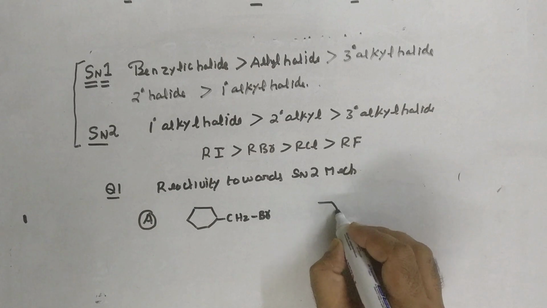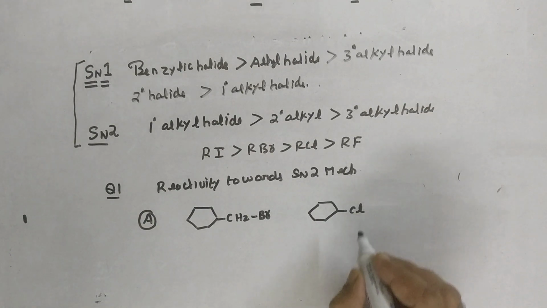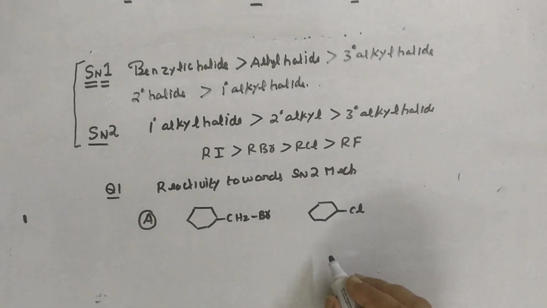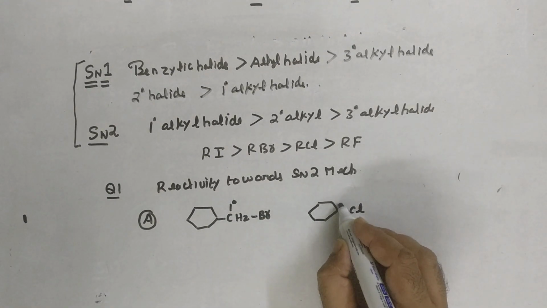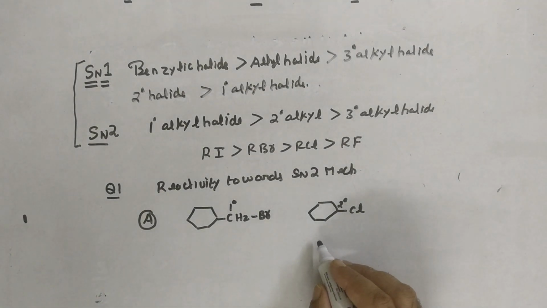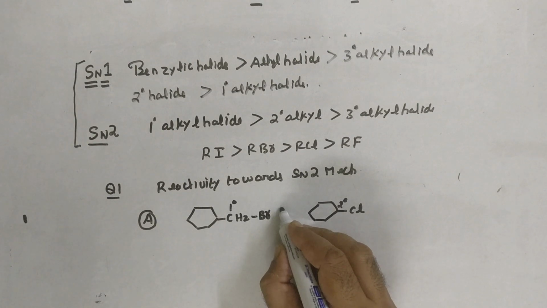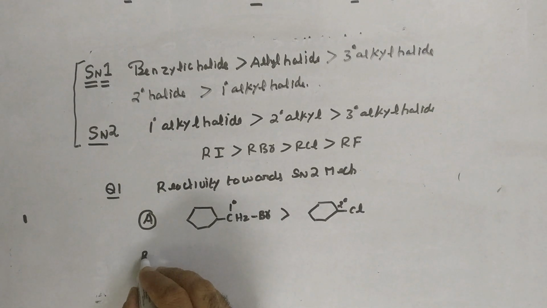So we have got these two sets of compounds. We have to find out which of these two compounds will undergo SN2 mechanism very, very quickly. So let's mark it. This is primary. This one is secondary. And already we know out of primary and secondary who is going to be more reactive. It is the primary. So this is going to be more reactive, this is going to be less reactive. Let's see the second part.